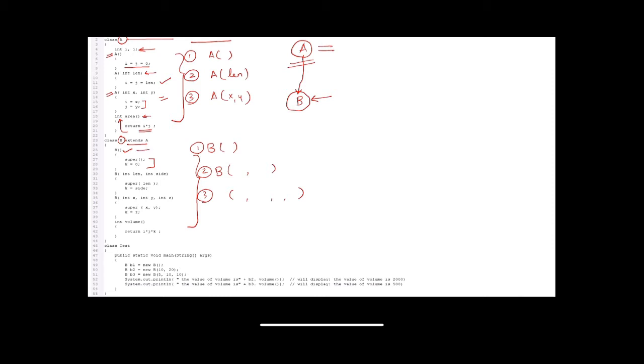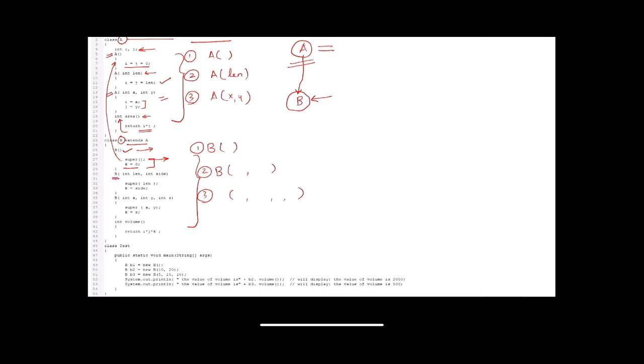So when my B constructor is defined, we can see that first I have called this super method. What this super method does is it first assigns the values of all the variables in my parent constructor, and then it initializes its own value k equals to 0.